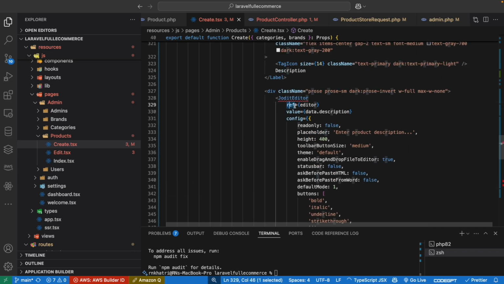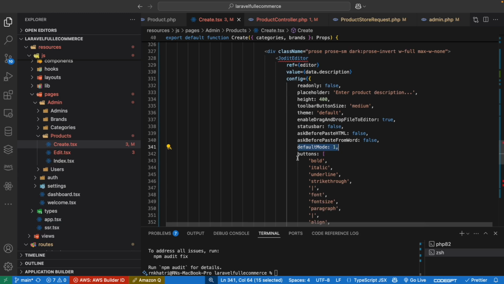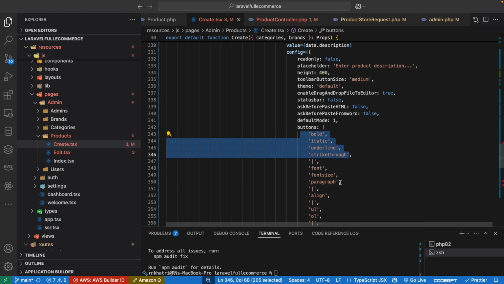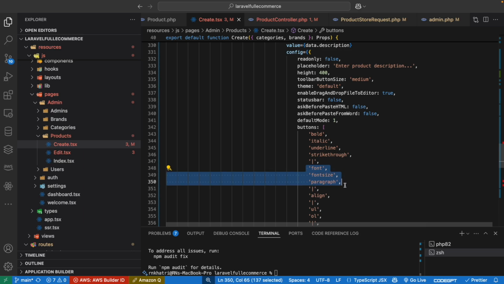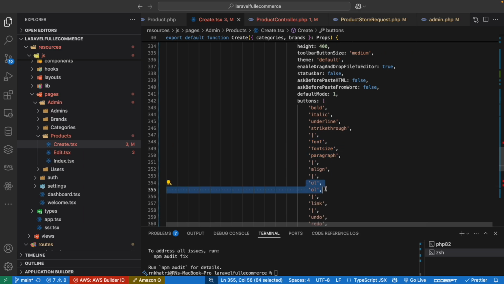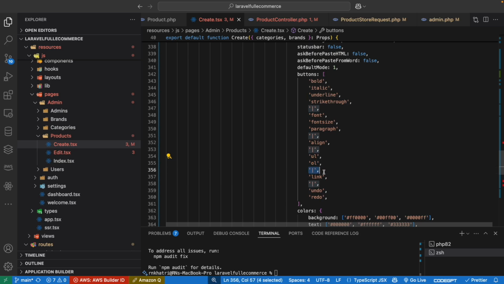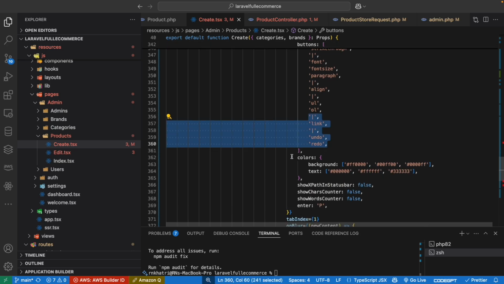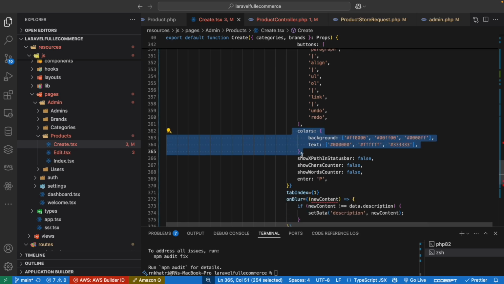Okay, reference is editor, value description, configuration: read only, placeholder "enter product description", height 400, toolbar medium, theme is default, enable drag and drop to editor true, status bar false, ask before paste in HTML, ask before paste from Word default mode true, buttons: bold, italic, underline, strikethrough, font size, paragraph, align, ul, ol, order list, links, undo, redo, and color we have to pass this one, and if